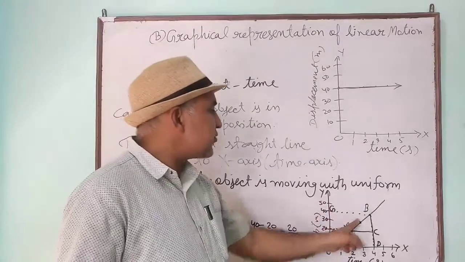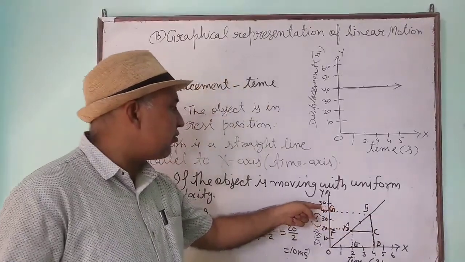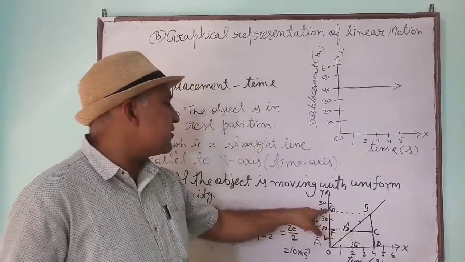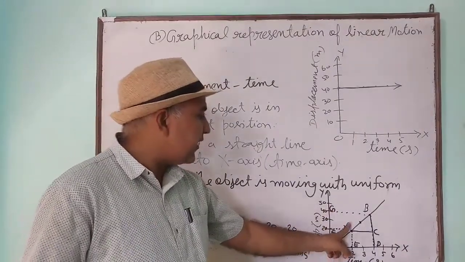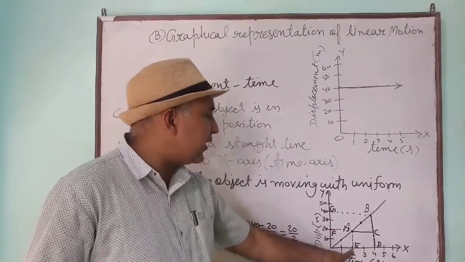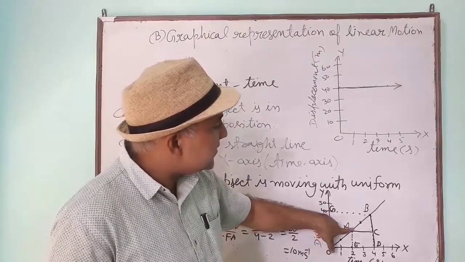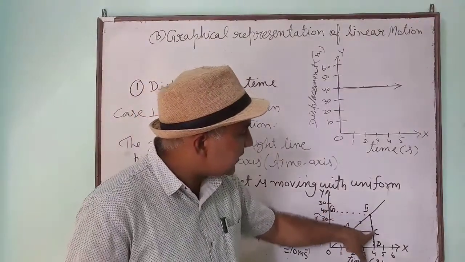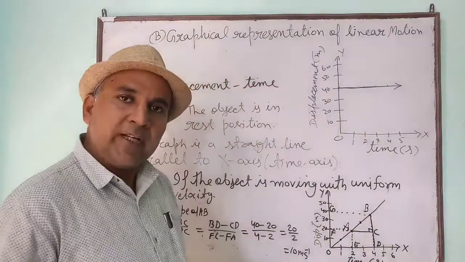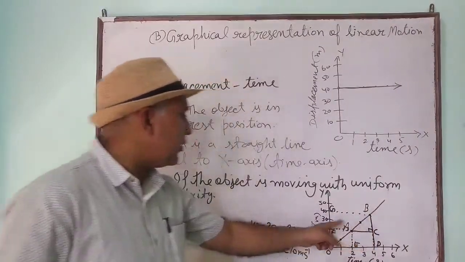Okay. To find the slope, from B one perpendicular is drawn on the x-axis, one perpendicular on the y-axis. On the x-axis it is meeting at D, on the y-axis it is meeting at G. From A also a perpendicular on the x-axis and a perpendicular on the y-axis. On the x-axis it is meeting at E, on the y-axis it is meeting at F. This FA is extended, which meets BD at C. Definitely these are perpendicular to each other. Okay. To find the slope of AB, we have to calculate BC upon AC.